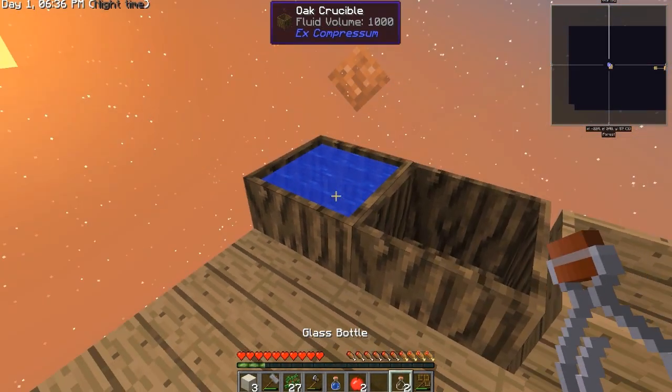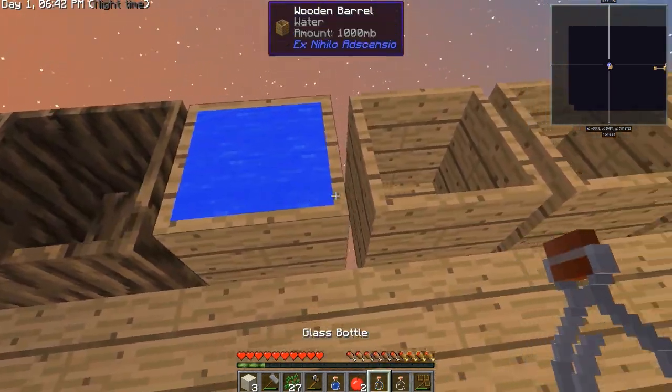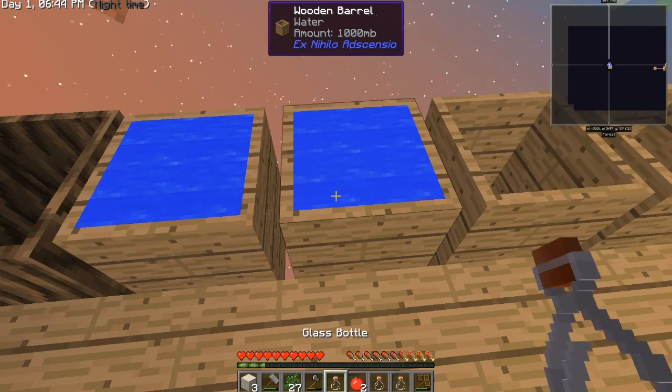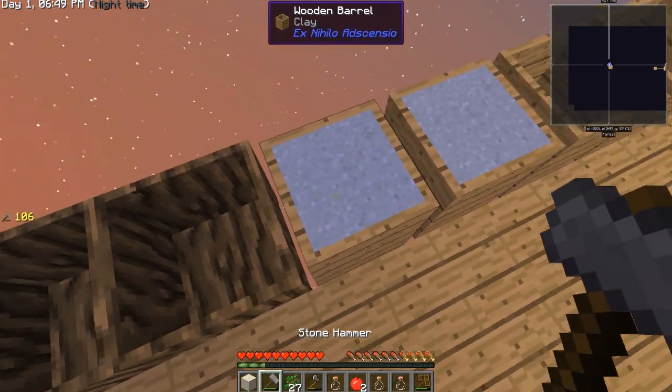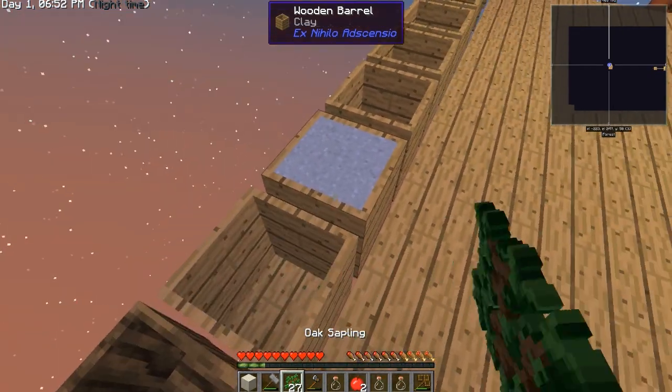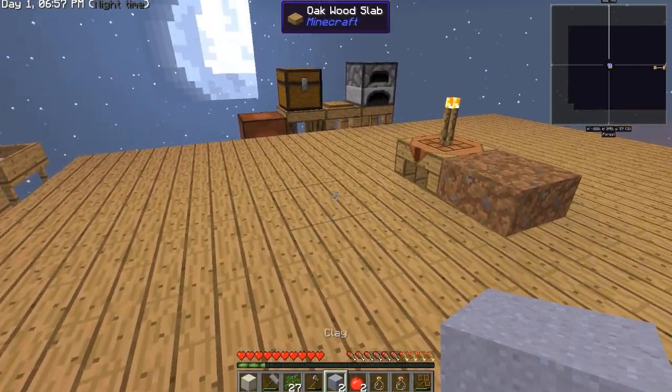So let's go ahead and take a look at this. Look at that. We're going to use these guys in here and here. We're going to use this dust. We're going to toss it into our barrels with water. It's going to make us clay instantly. And then if we knock this down,